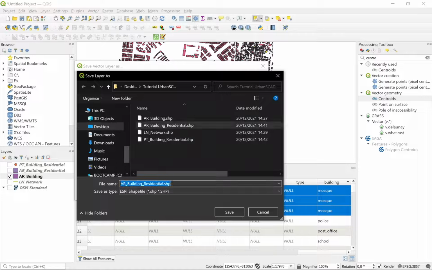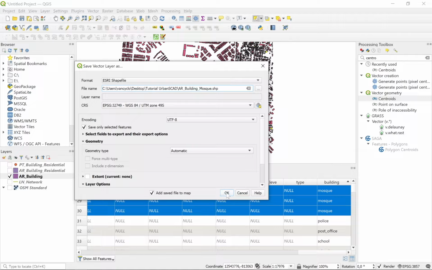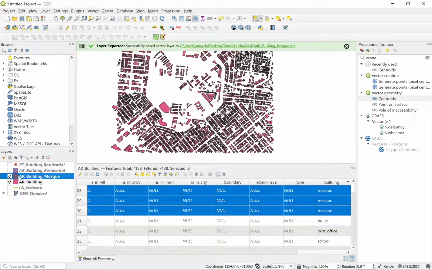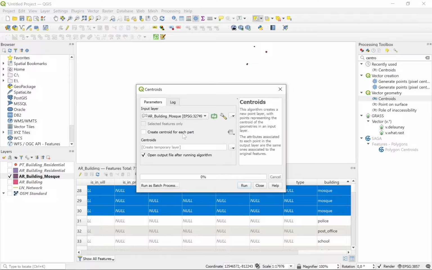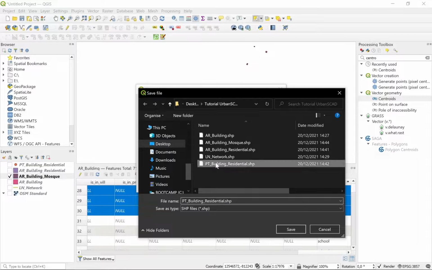Okay, then we can export this selected feature as AR building mosque. Save. Okay, this is our distribution about mosque, and we can use centroid again, save to file, and PT.